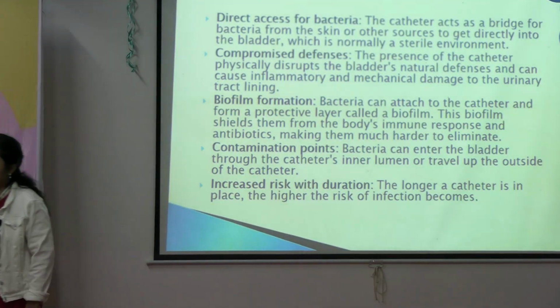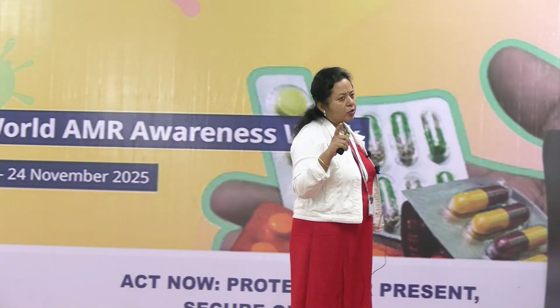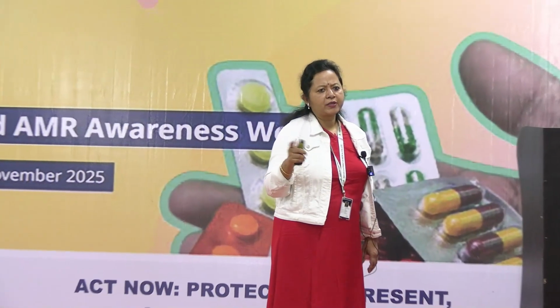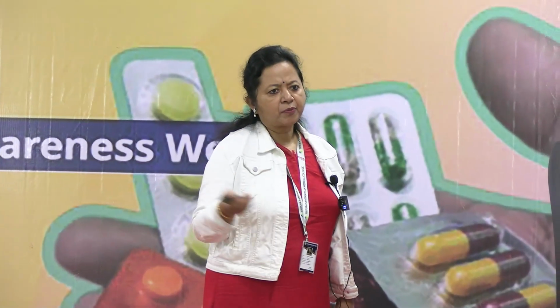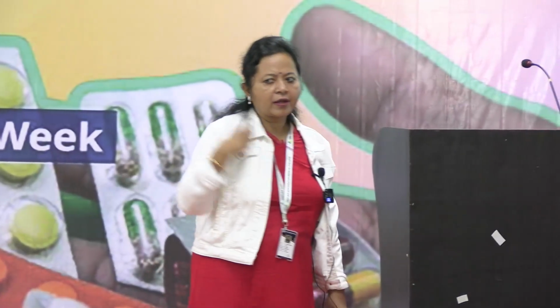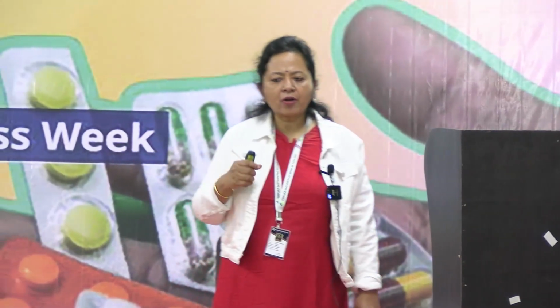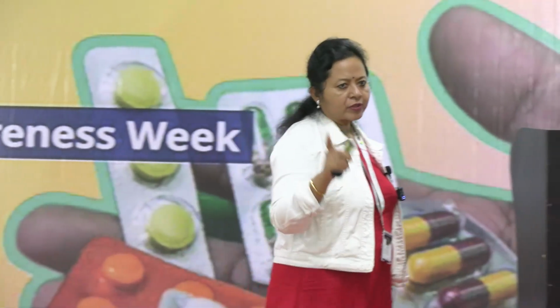Okay. So these are the few reasons why catheter urinary tract infection is so common. Usually we put one catheter for 7 to 10 days, and if you want to extend it, sometimes patients are there for so long, right? Then you have to take out that catheter and introduce a new catheter. Silicone catheters are better, they say these days, because they cause fewer urinary tract infections, and catheter care is a very important component which the nursing staff has to do properly so that they don't get infection. Okay.